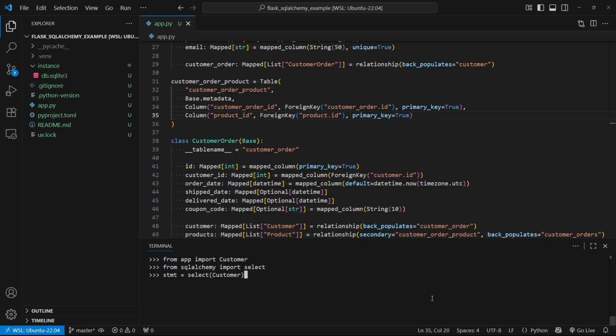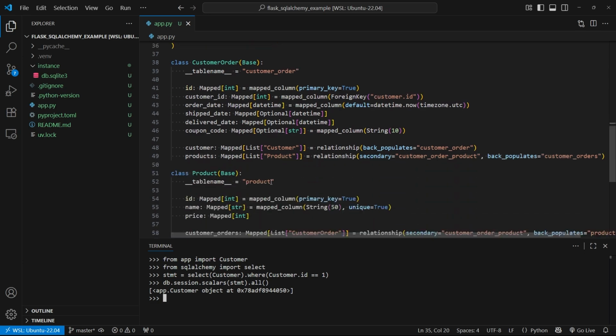And then one thing I can do is add a filter, a where. So I can do select customer, and then after that dot where, and I can say where the customer ID equals 1, meaning we want the John Doe record. So I'll hit enter, so statement should be saved. There are various ways I can do this, but one easy way is db.session.scalars and then statement, and then .all at the end. So scalars will just convert it to a usable version basically, and then .all will get all the results for that statement when it queries the database. I'm only expecting 1, so I'll hit enter,